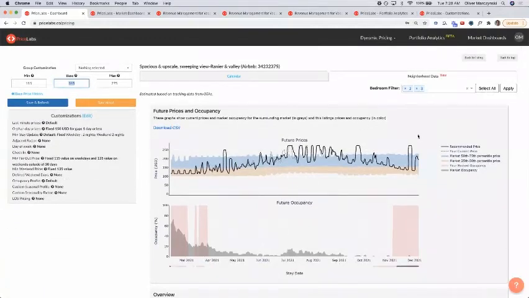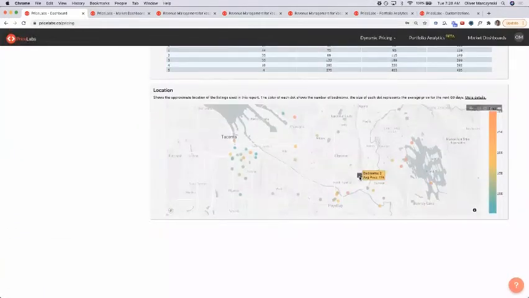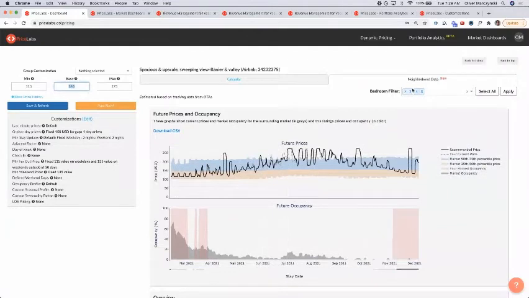So this tab right here takes your listing, which will be this black rectangle right here, and shows you data on all of the listings in your area, which we're using as your neighborhood, as your comp set here. So if you scroll up to the top, again, definitely make sure you filter so that you're only looking at the bedroom type that's applicable to you. In this case, I'm looking at a very large 2-bedroom, so I typically compare it to a 2 and 3